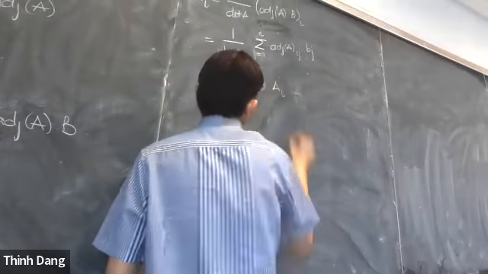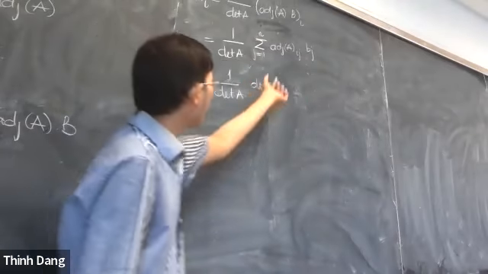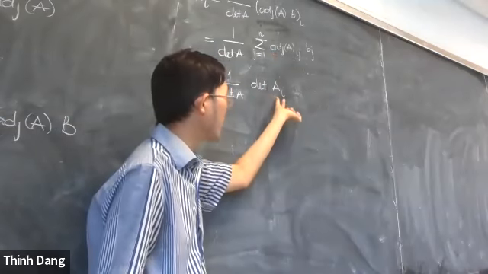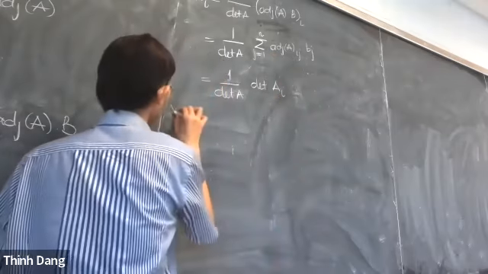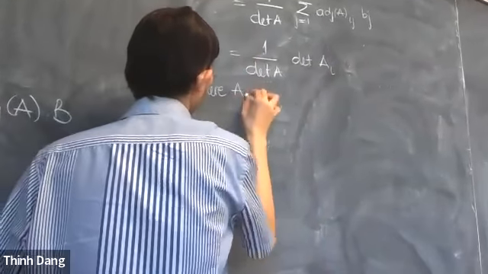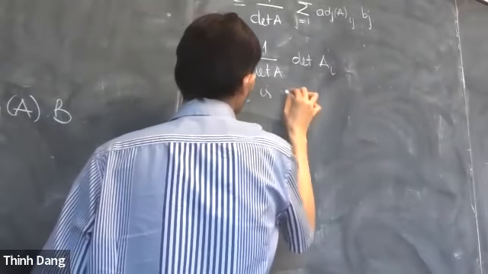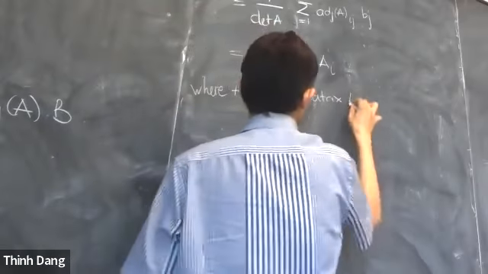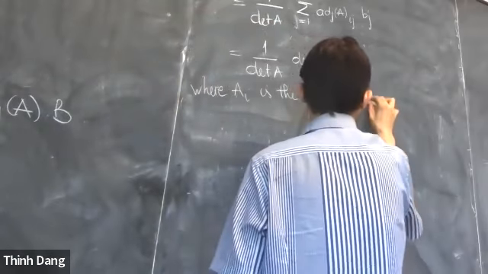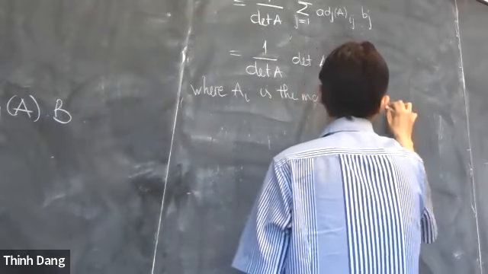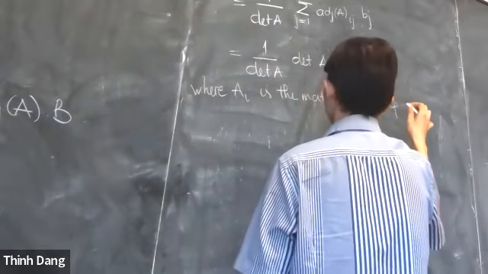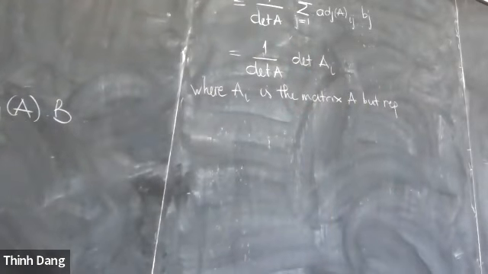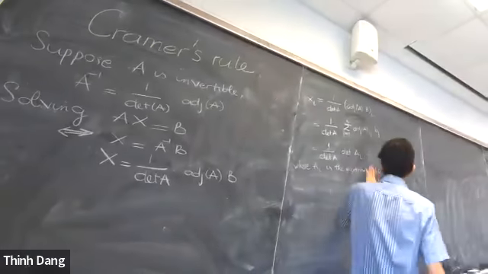They realize that this sum is actually equal to the determinant of a special matrix Ai, where Ai is the matrix A